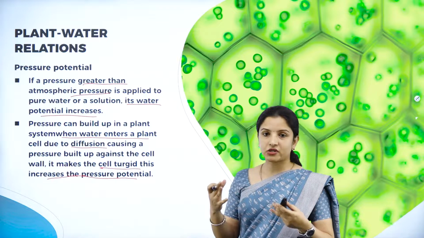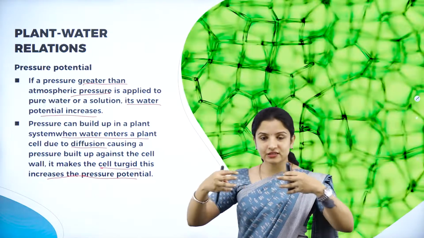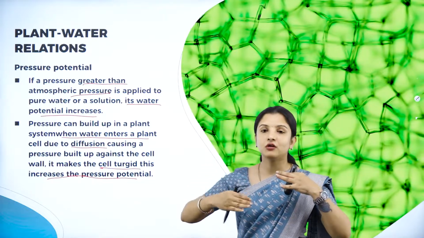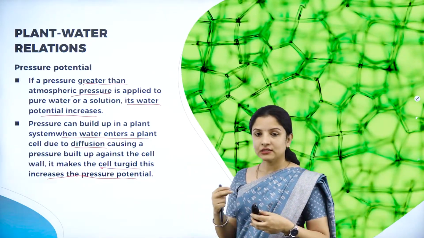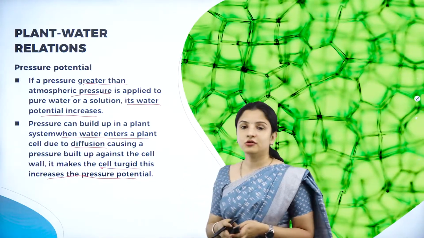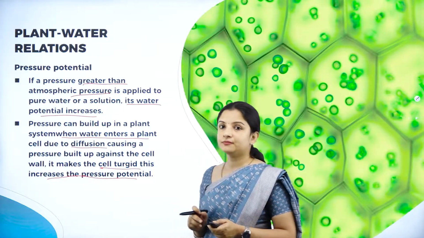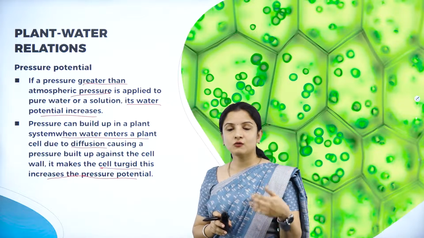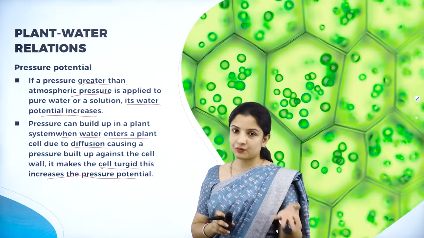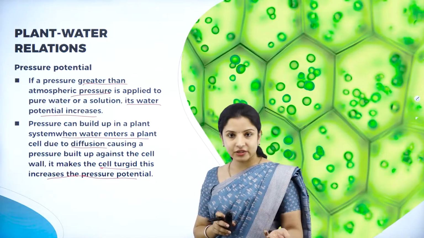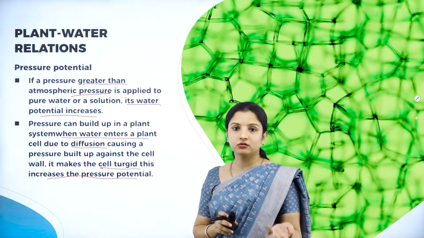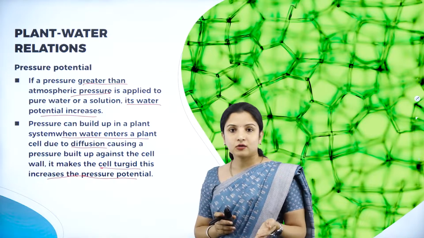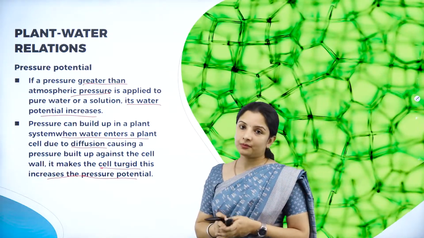So as the pressure potential decreases, when the cells become turgid, the surface area of the cells will also increase. Therefore, the water can enter into the cell. So that is the concept here. So what did we understand? From this, we understood that no matter whether the water is pure or whether it is concentrated with solute, if the pressure is greater than the atmospheric pressure, then the water can freely move through the plant cells.